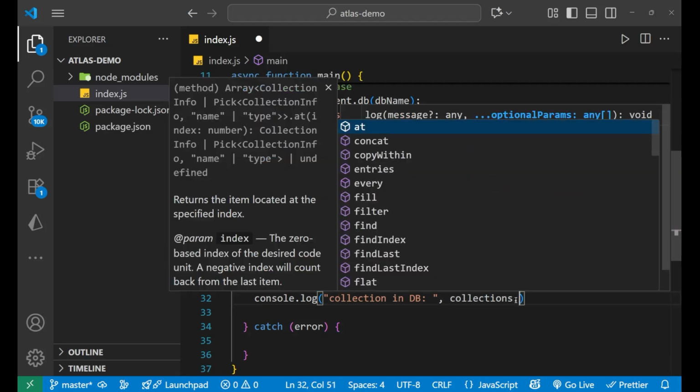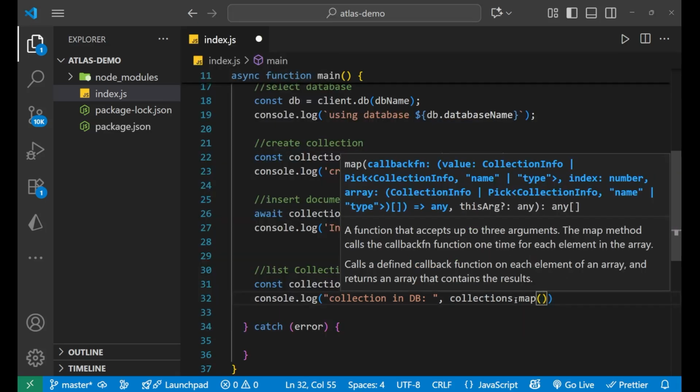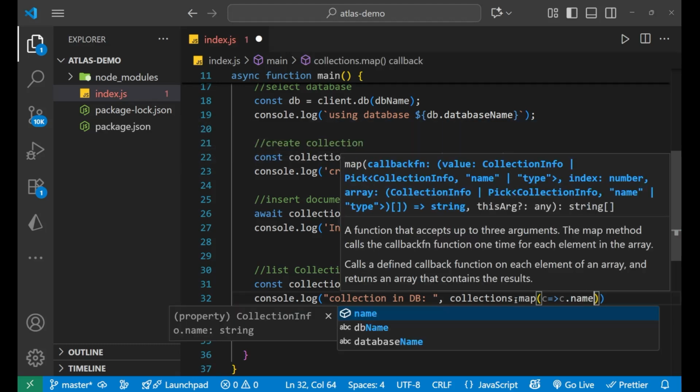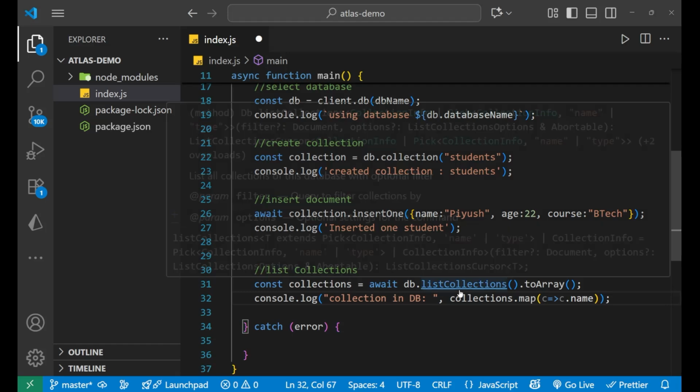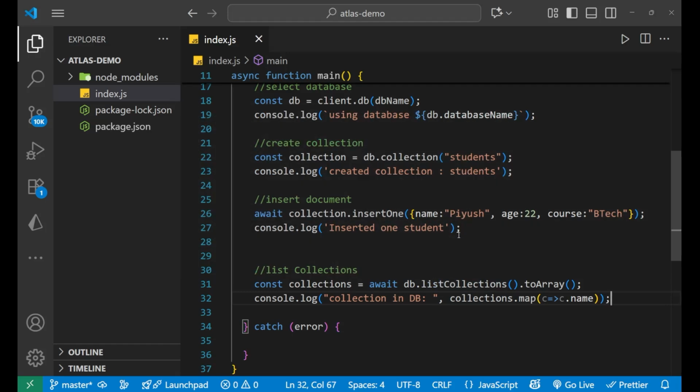I'll write .map, and c.name, right? So I want the name of all the collections inside the database. And after that, when we want to drop any collection, we can do that. Let's just see what result we are getting till now, then we will move towards dropping,